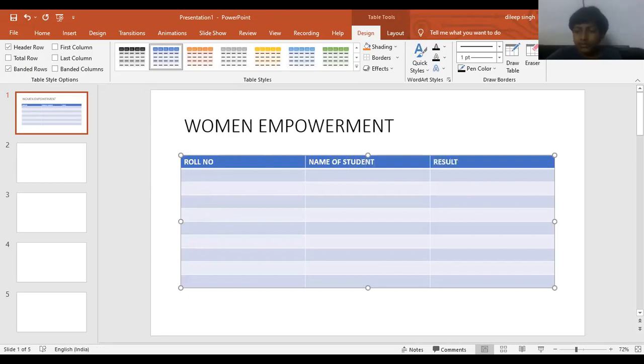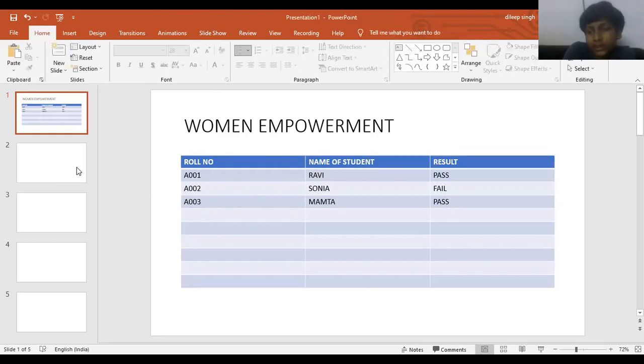And after using tab, you just go on adding the data in this manner, one by one. Here we add only a few data like this. Clear concept?